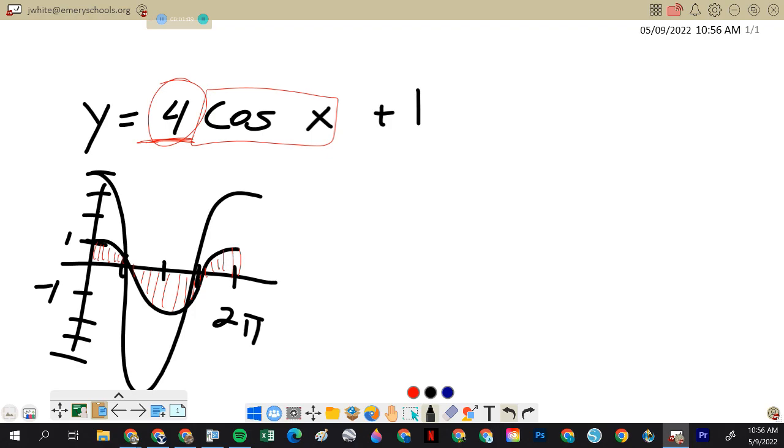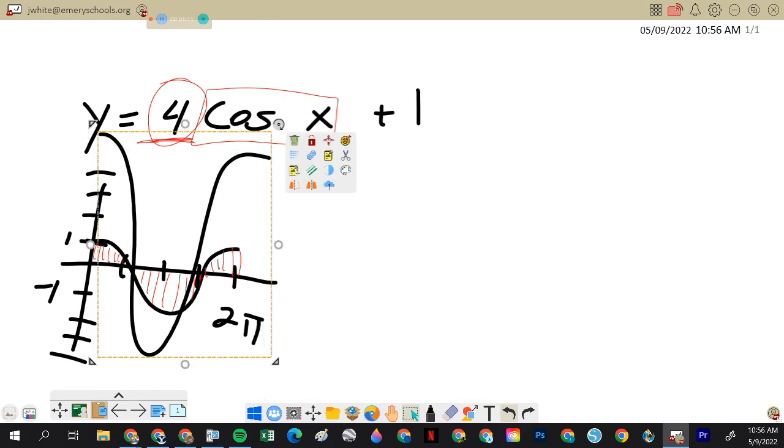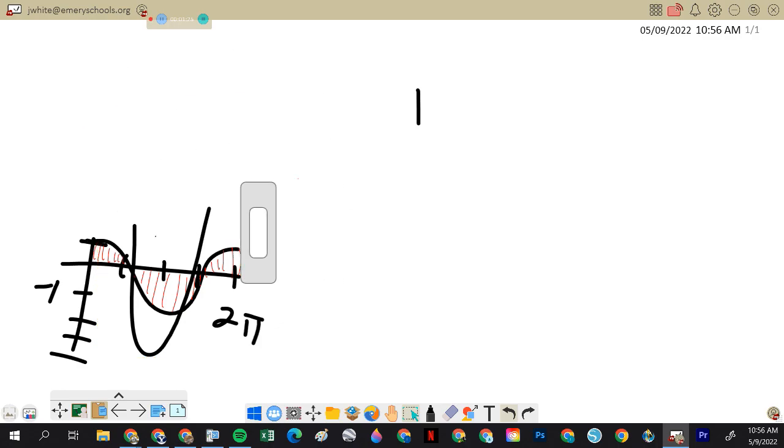Then the whole graph gets shifted up 1. So take your regular cosine sticks, multiply every stick by 4, and then add 1 to everything. And if I subtract a 2, then it would come down 2. Okay? All right. What if I had